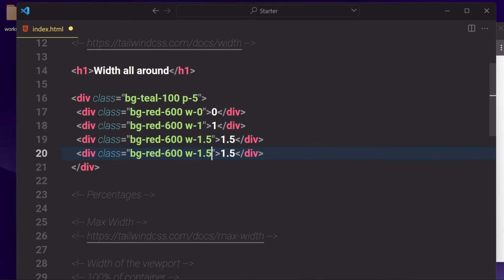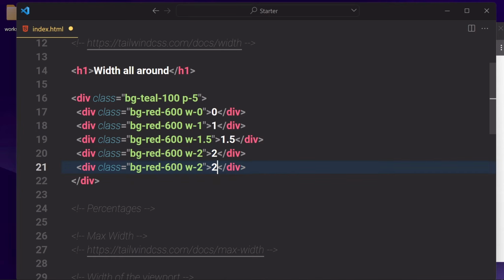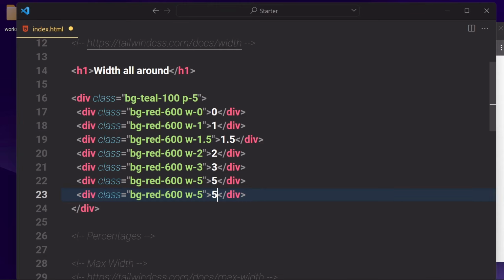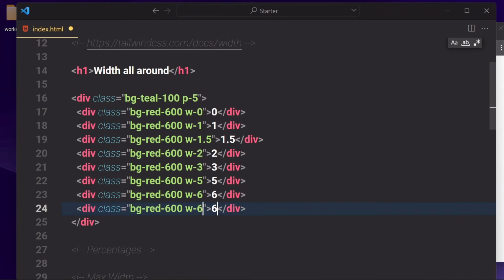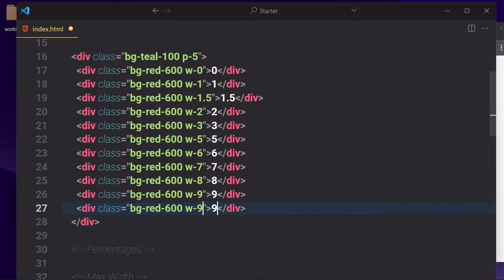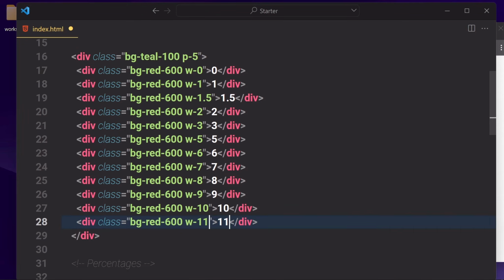And now let's just duplicate that a few more times. So let's put 2 in it, and also replace this label with 2, and you know what, let me just write that, then you will get to know what I'm talking about. So 3 for this one, and this one is also going to be 3. I don't want to waste your time and also mine, so I'm going to just fast forward a bit. So we have 5, and then we have 6, and let me change that to 6, and let me select both of them at the same time and change this one to 7. Okay, 7, duplicate that, change this one to 8, then 9, 10, duplicate that to 11, duplicate that one more